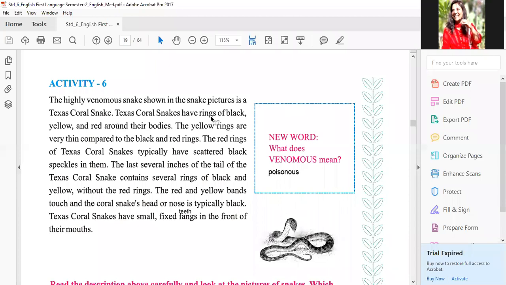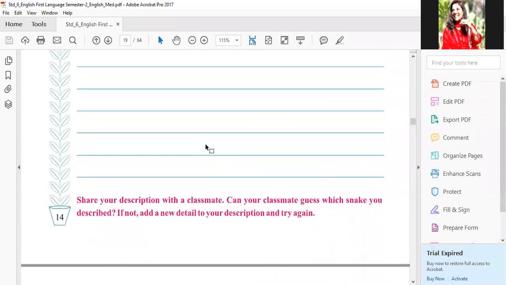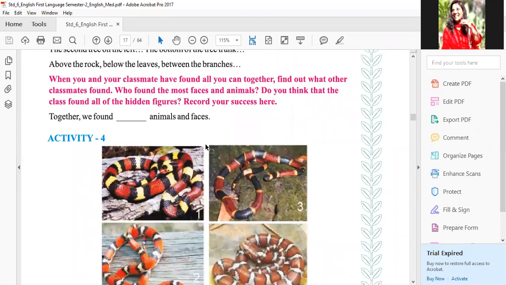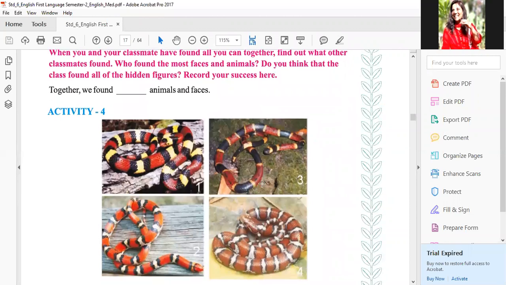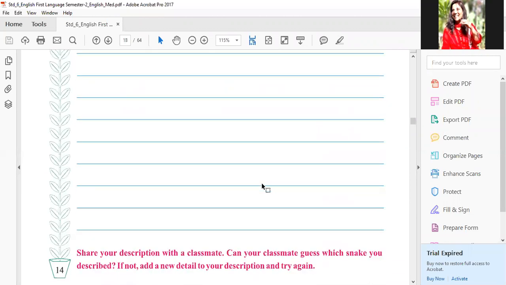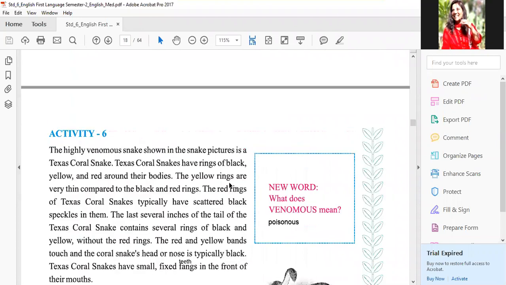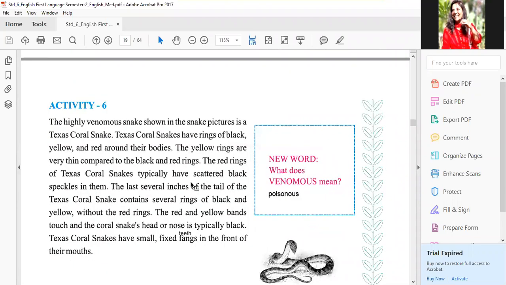Texas coral snakes have rings of black, yellow, and red around their bodies. The yellow rings are very thin compared to the black and red rings. I'll show you again in the activity 4. This we are talking about, this activity 3 wala, right? Texas coral snake typically have scattered black speckles in them. The last several inches of the tail of Texas coral snake contains several rings of black and yellow without the